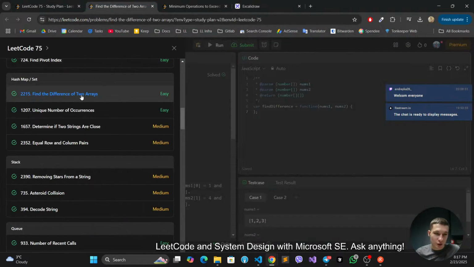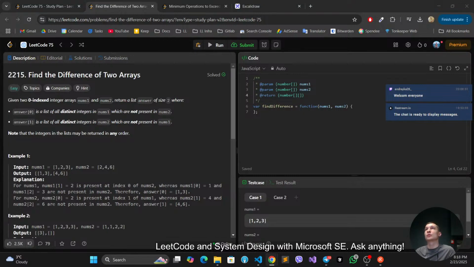So first question is easy one, find the difference of 2 arrays. So pretty easy one. Let me also monitor what's going on the stream. Good. So given two